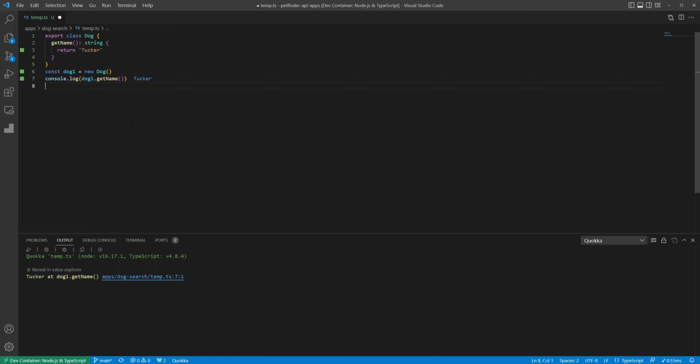Monkey patching is a way of dynamically modifying your code at runtime. Let's take a look at an example. In this example, I have a simple class Dog, which has a single method getName, which returns a hard-coded string of Tucker. If I create a new Dog instance and call the getName function, you can see that Tucker is